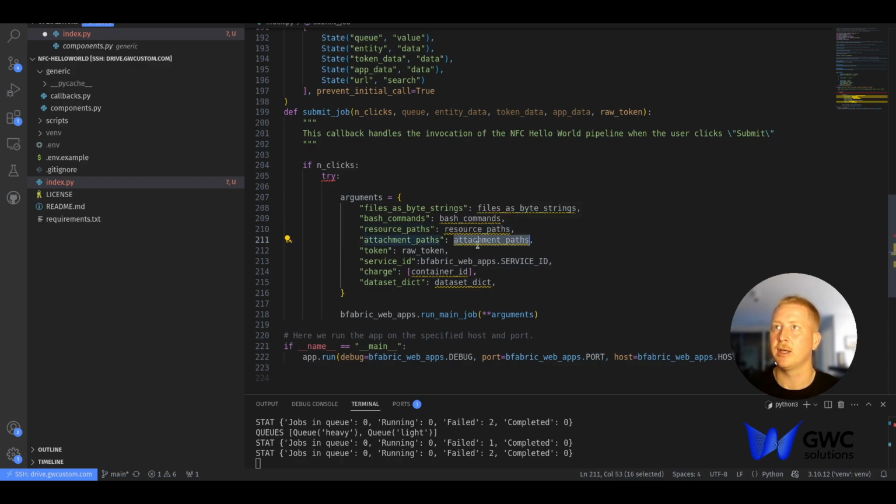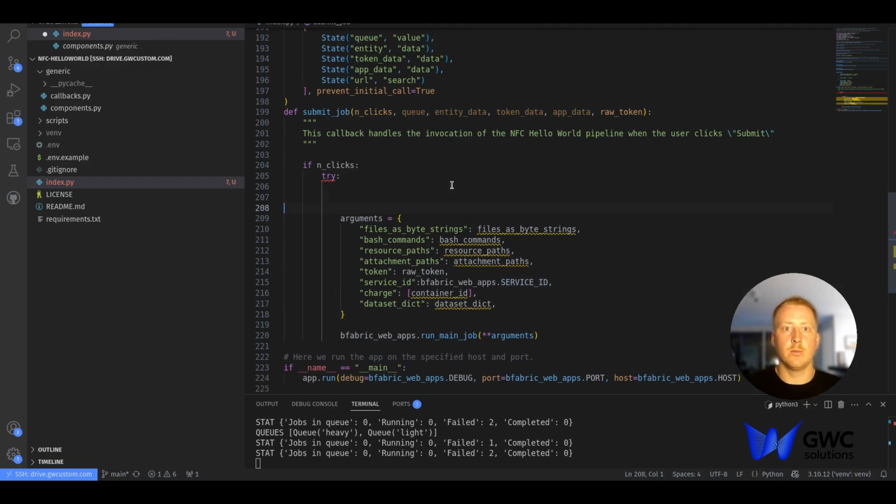The attachment paths. These are any attachments which are going to get attached to the original source entity, so in this case, this data set. You need to pass the raw token so that run main job can also authenticate against bfabric. You're going to pass the service ID. This is the service ID of the charge which you want to get created, and then a list of container IDs that need to get charged for this run. And then as well, the dataset dictionary, which we're going to create. This app is going to create a new dataset as well. So we just need to first create this files as byte strings